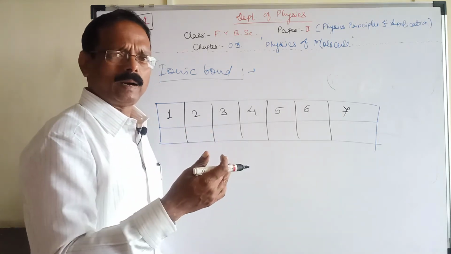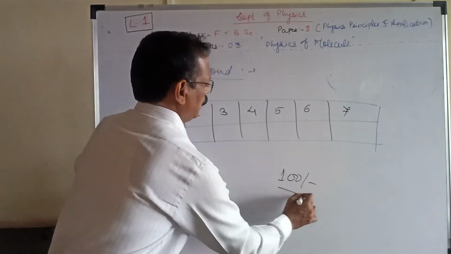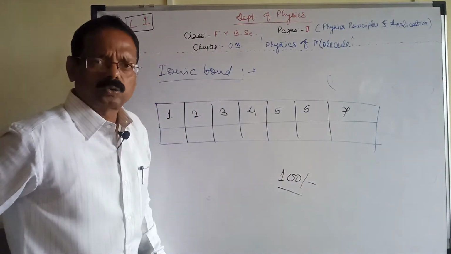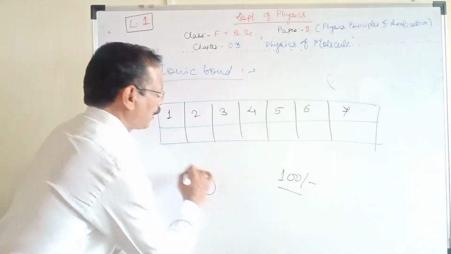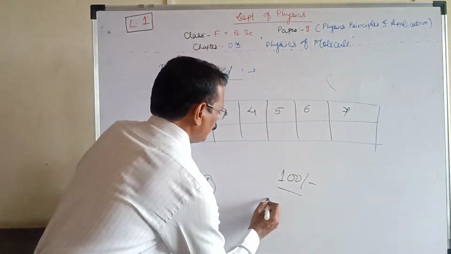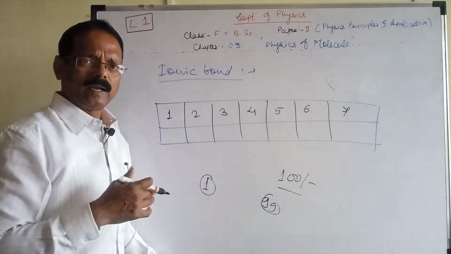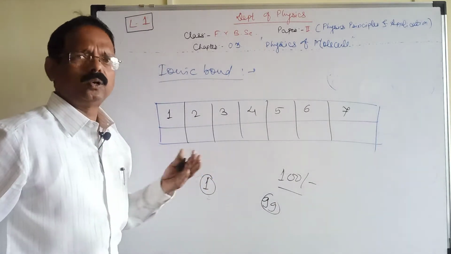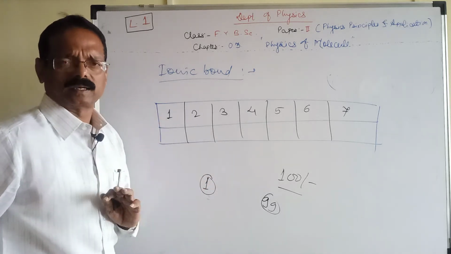Suppose I want to buy a shirt whose cost is 100 rupees. I have only 1 rupee in my pocket, and a student like you has 99 rupees. Now which deal is correct? Suppose I ask you, please give me 99 rupees and I want to buy a shirt. So it is not a good deal.